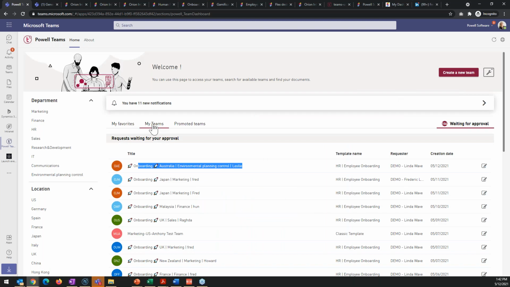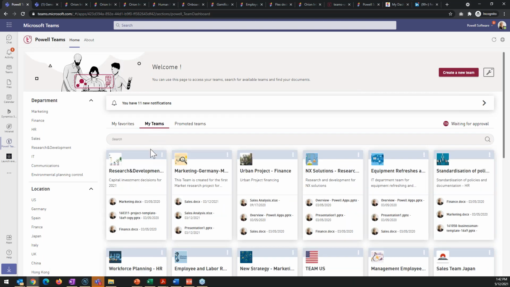Now, what I'd like to show you is that the benefit for IT is very obvious. You put in governance rules, you allow users to create teams, but in a controlled manner. You've got your approval workflows, then you're able to generate your reports to automate all these things. But for the user, there is also massive value.